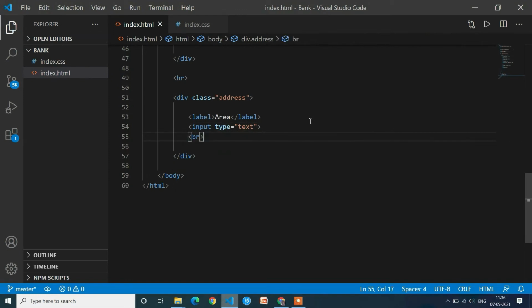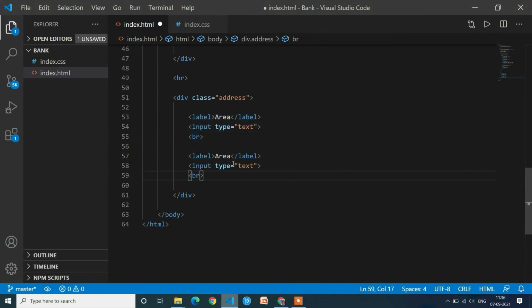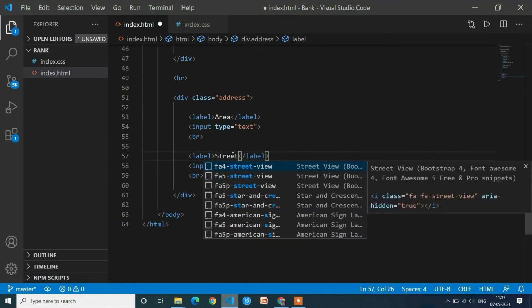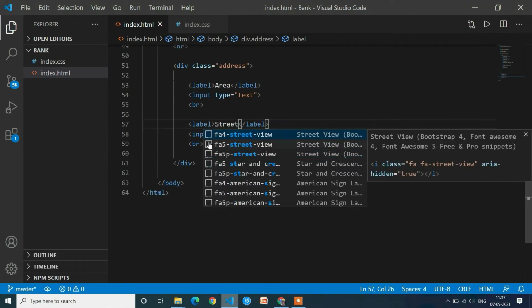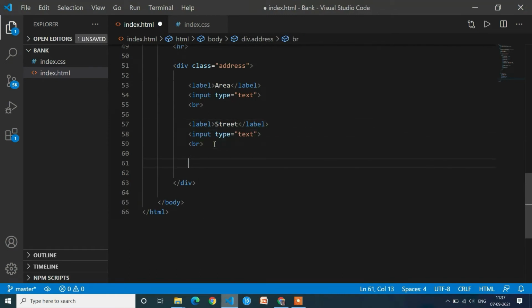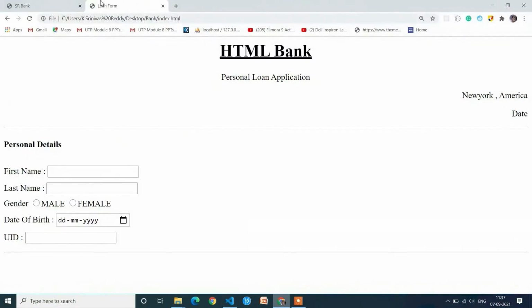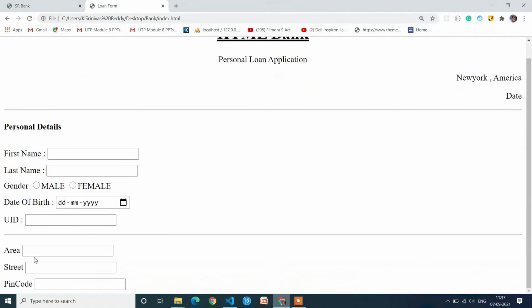Like this way only, we have to take one more input from the user, which is called street. Here I will change the label name to street. And after the street, we have to take the pin code. So once again, I will replace this with pin code, Control S. Now let's check this. Here you can see we got area, street, pin code, but I forgot to add the